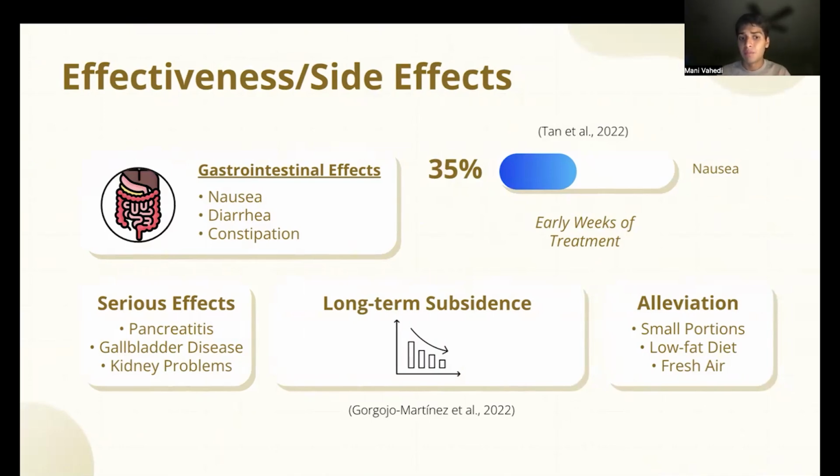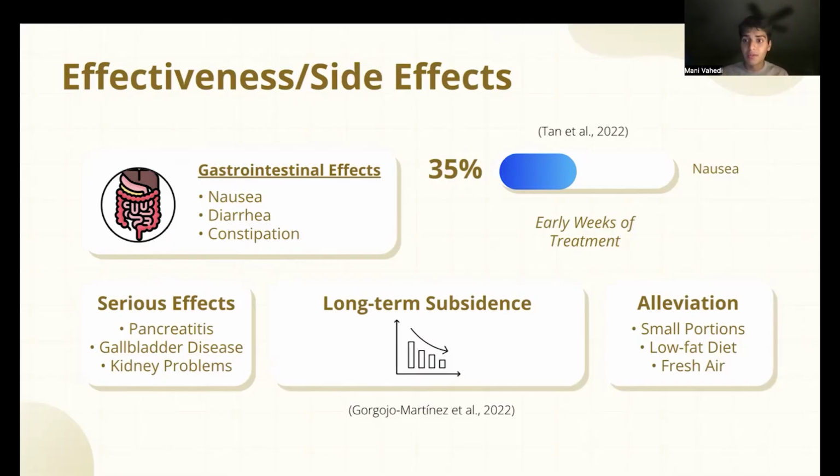And then we also have more long-term and serious side effects, such as pancreatitis, gallbladder disease, and kidney problems. However, these subside over long-term use along with the GI effects, and these can actually go away and be prevented in the first place through some common alleviation methods as well, such as